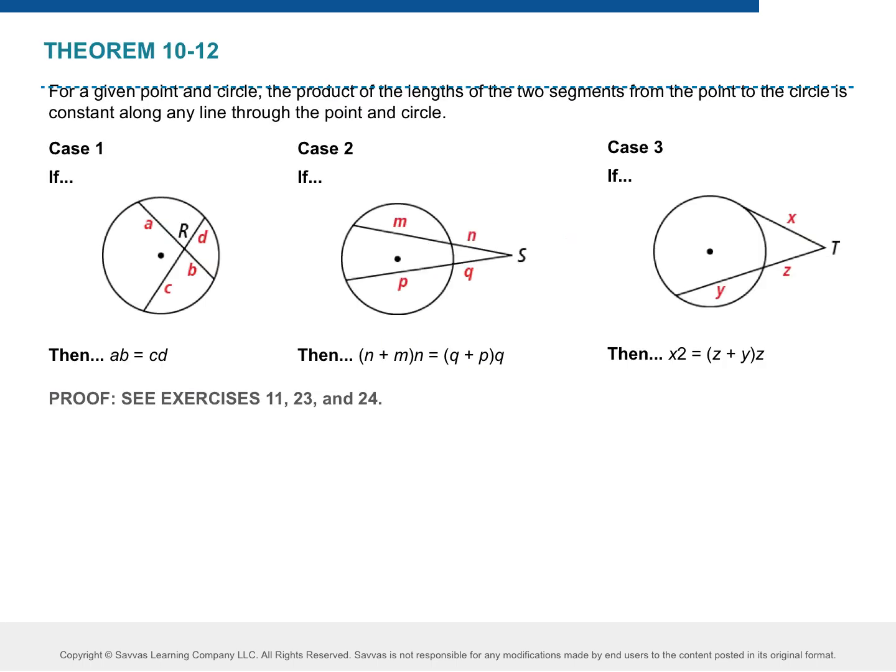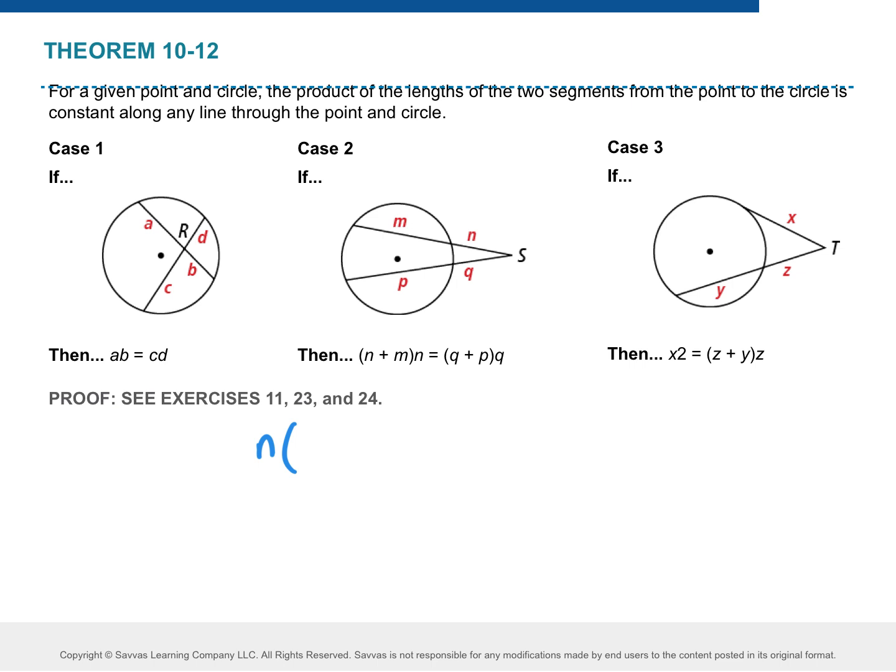So this is the one we just talked about where we had 2 chords. On this one, what 2 lines are those? What kind are they? On this one, they're both secants, right? Because they both go through the circle. Here, this is where we take into account that we have some of it on the inside, and some of it on the outside. So to set it up, what our formula says is we're going to take the outside. What's the outside part of that I have highlighted? What I mean by outside the circle. So it'd be n. So I take n times,